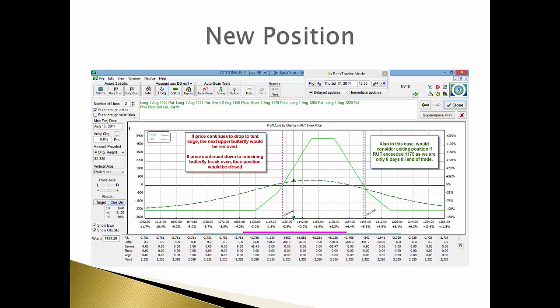Also, on the flip side, if the market goes up, I would consider exiting the trade at this point because we got double whipsawed, right? In other words, the market went up, we followed the trade up. The market came back down to the point where we actually had to make an adjustment and remove the upper butterfly. If the market comes back up again to the point where I'm in trouble on the upside, which in this case for me would be 1175, that's something that I don't have written in the